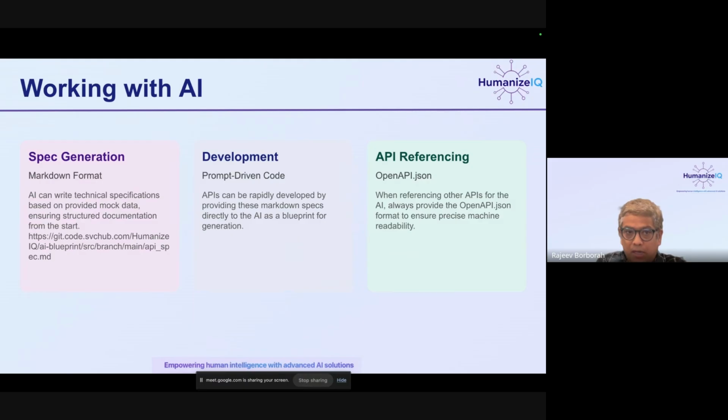Okay. So, working with AI. First of all, as I said, you can write the spec. A lot of you did front-end applications in your last class. You were all given exercises, both in Anuba's class and mine. Now, if you did it properly, it would have generated mocks of the data that it needed, right? Now you can actually ask the AI, okay, I want to do this using an API, generate the mock API spec for this. It will actually give you an API spec in Markdown format, which you can then give to the AI, and it can develop according to it, right?